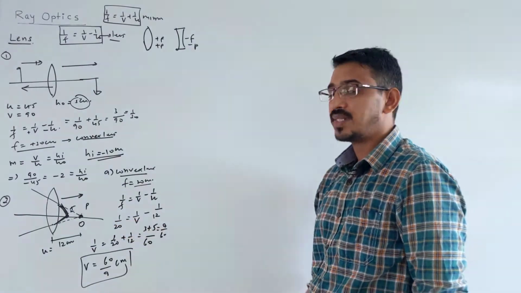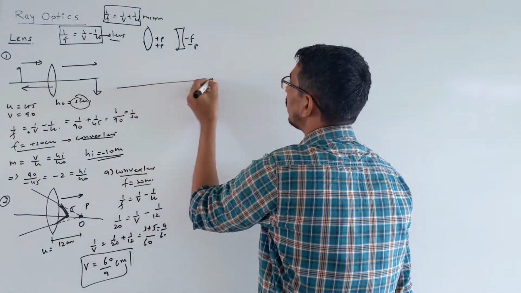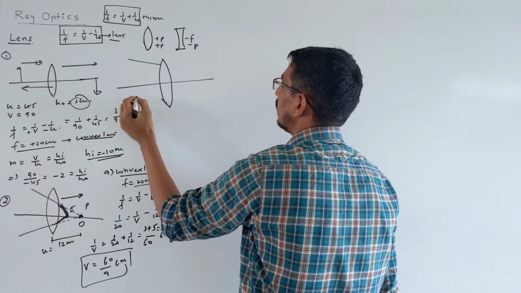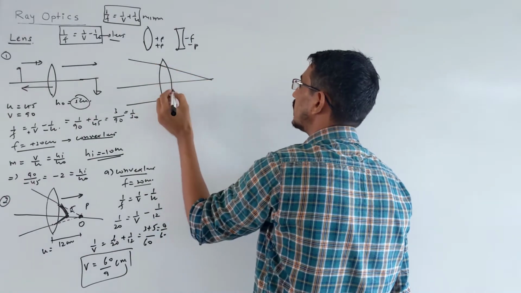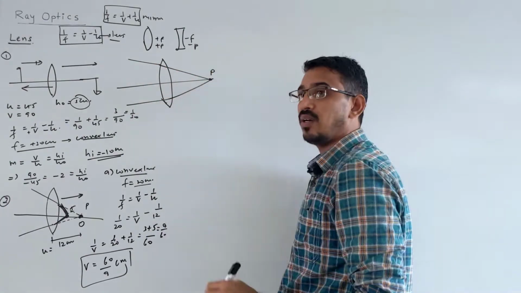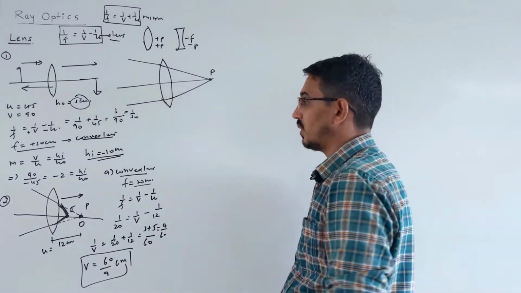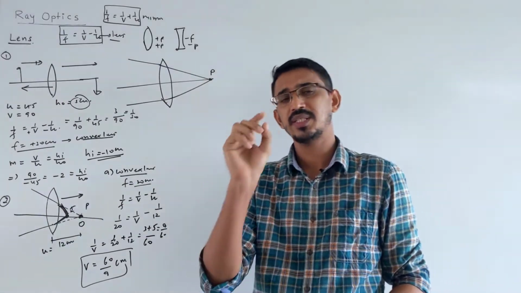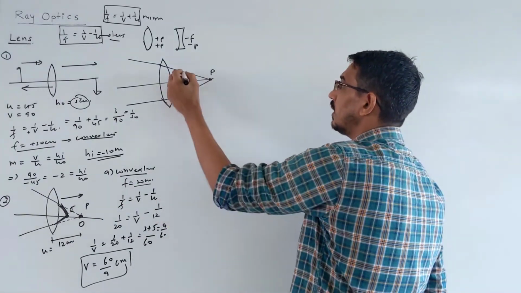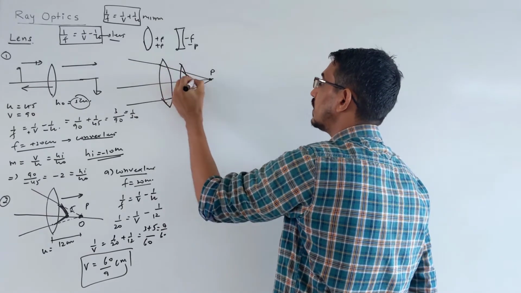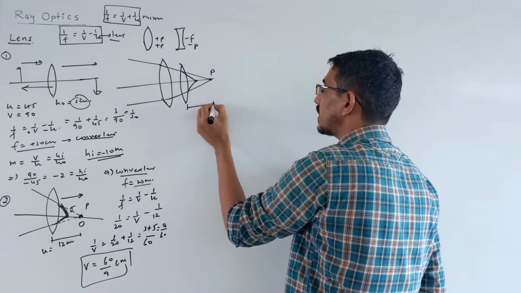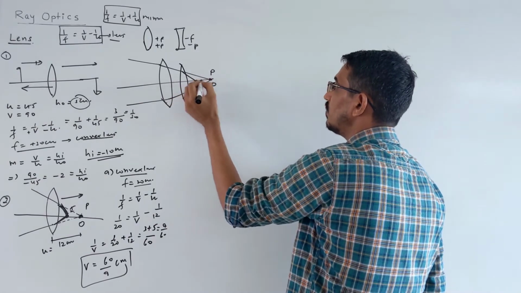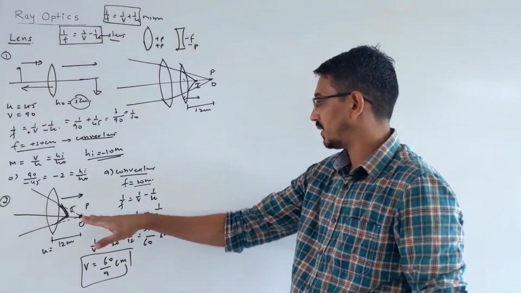If you are confused about this, let me do it once more. They said a light was coming and converging at some point. Light converging means there is a lens, obviously a convex lens. It was converging at this point, point P. Now they said another lens you put. One lens is already there. They did not show it, but to understand, light is converging means there is some convex lens. Another lens you put here, and light will converge even closer here. This lens is placed at a distance of 12 centimeter from here, and this is your final image. This point is the object for this lens. We write this formula, that's all.